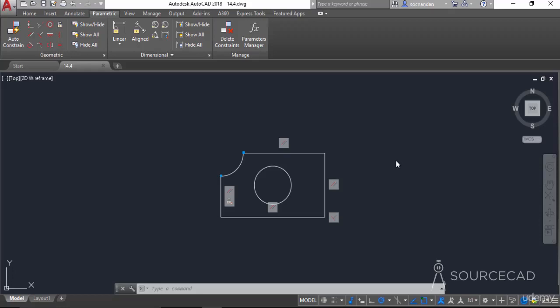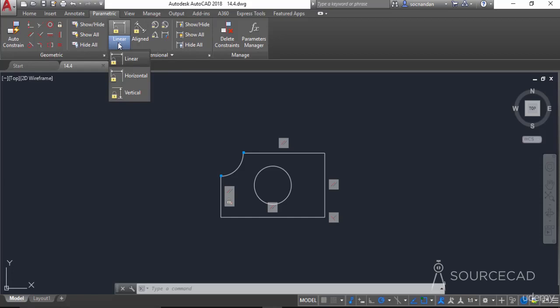In this video, I will tell you about applying the dimensional constraints on the geometry. So in the previous video, we learned about applying these geometry constraints. Now we'll add some dimensional constraints. Now in this case, I'll start with this dimensional panel, and here on the dimensional panel, when you expand this